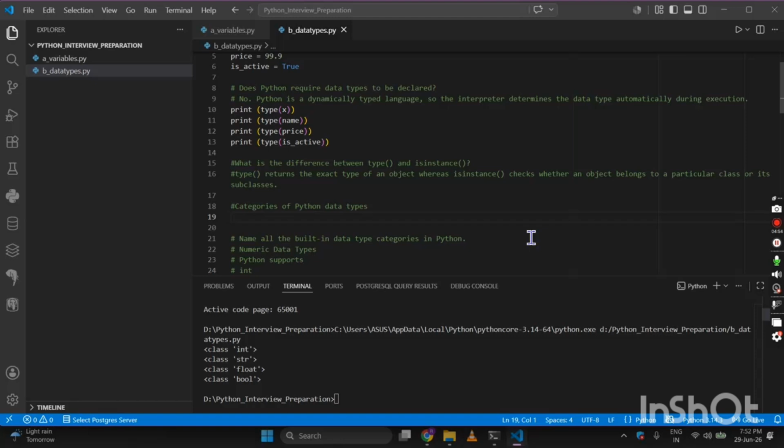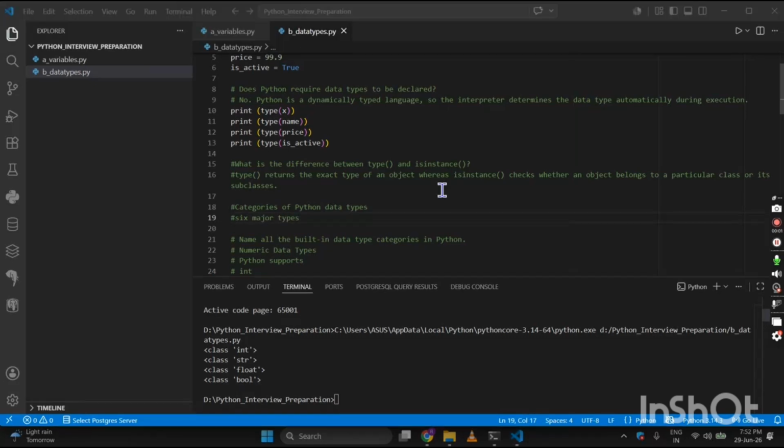It has six major types. The rest of the types can also be considered, but the six major types that we include are numeric,